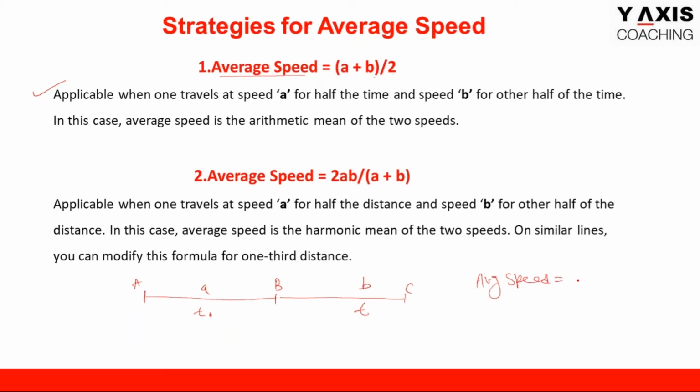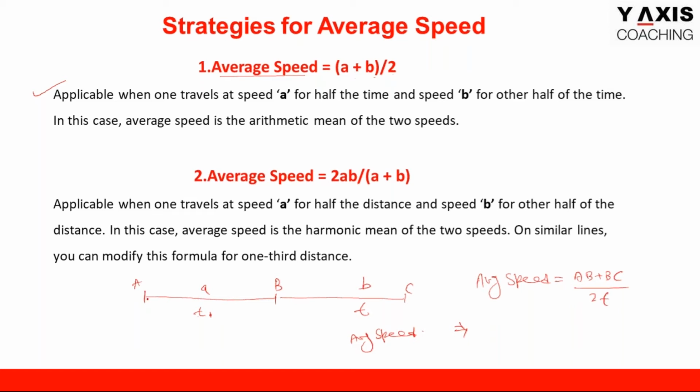So what is the total distance traveled? That is AB plus BC, divided by the total time taken, which is 2T, because each part takes T. So what is the average speed? Let me write here: average speed would be